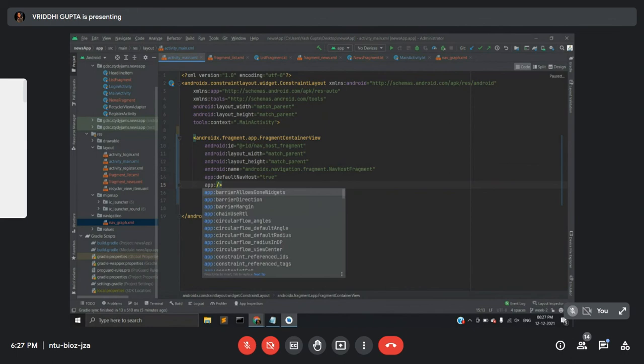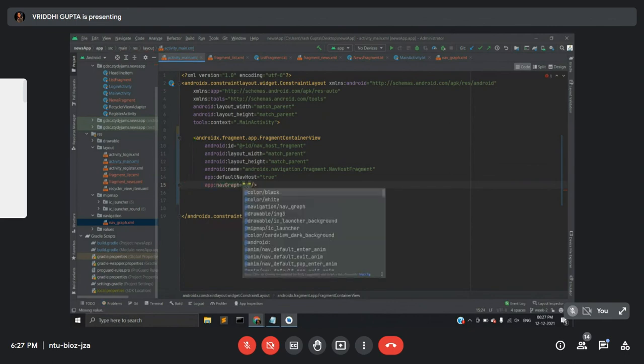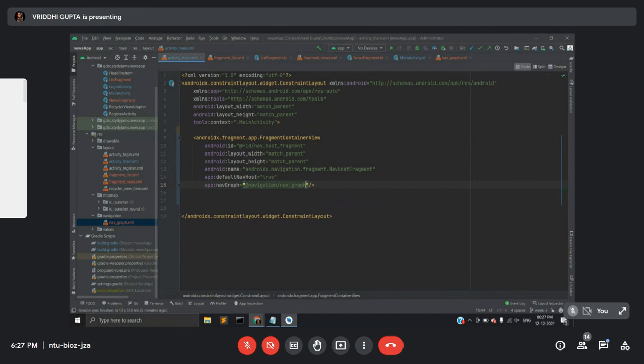And the last line of code is, we include our navigation graph over here. app:navGraph equals @navigation, and we have added this attribute, right? We have set it to the navigation graph that we created just now. This points to an XML file that defines how your app's fragments can navigate to one another, and that XML file is the nav graph file that we have created. So we have to define it over here. Okay, is this part done?